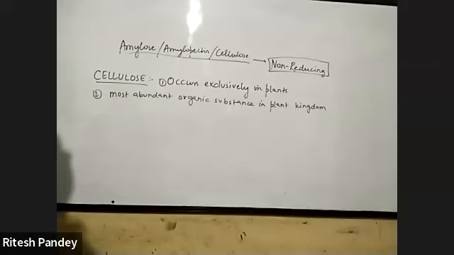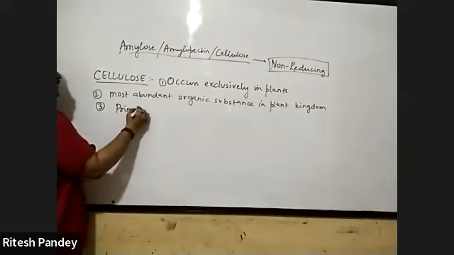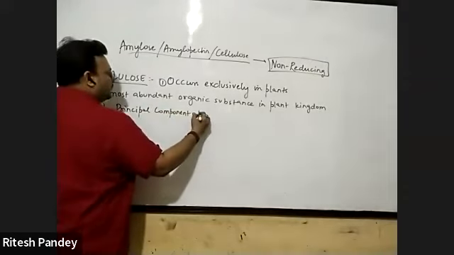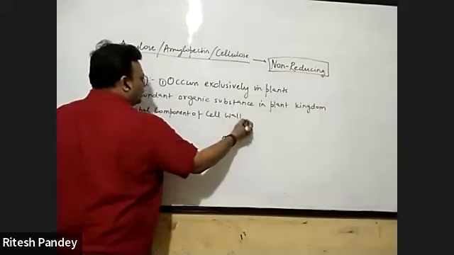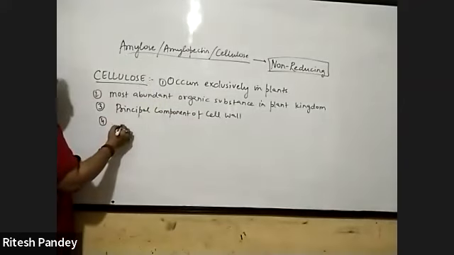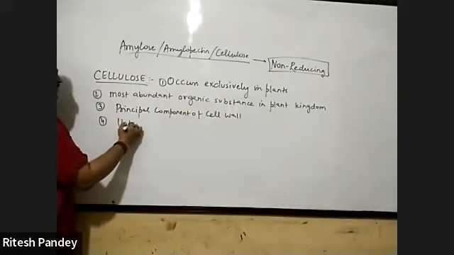It's the principal component of the cell wall in plant cells, and it is basically a straight, unbranched chain